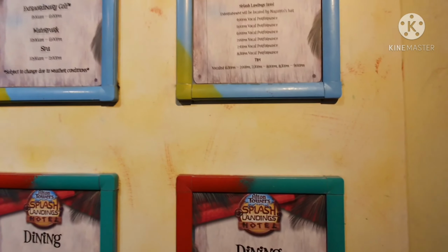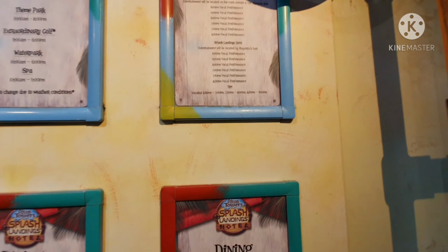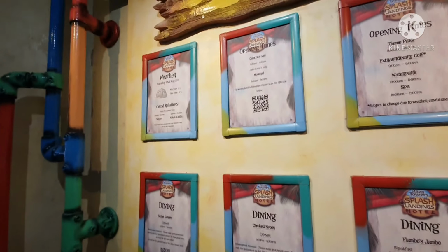Let's have a look. The Roller Coaster restaurant, which I'm eating in there soon, obviously, as I said. Loads of performances, look. Splash Landings, 4, 5, 6, 7, 7:45, 8:30. Really nice to see. But yeah, you've even got the weather up here. Minimum temperature 5 degrees and maximum temperature 5 degrees. So yeah,